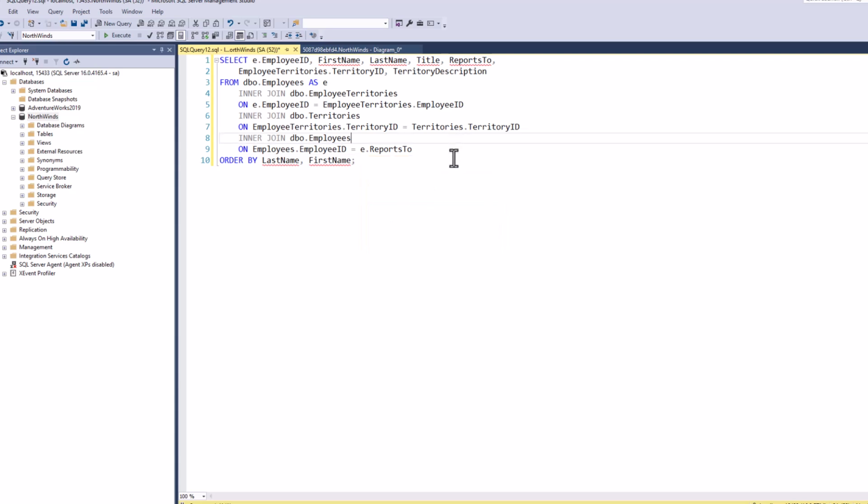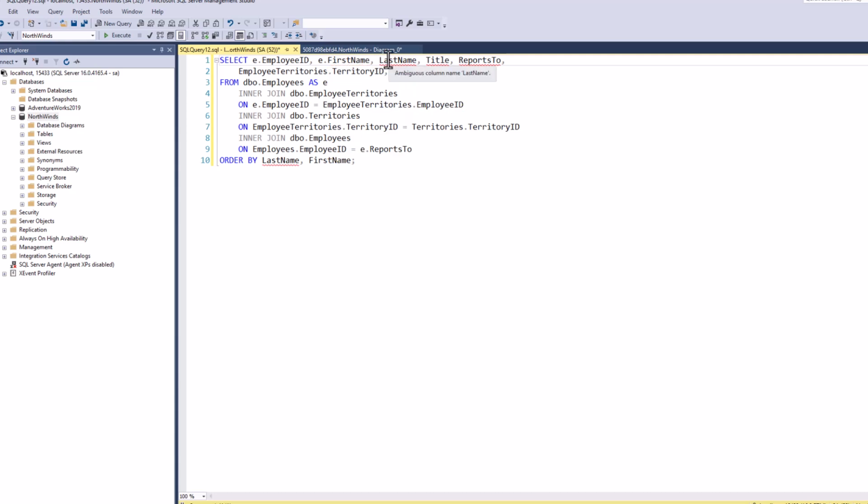Now you'll notice that we also have flagged the first name, last name, title, and reports to fields in our select list and in our order by clause. And this is because we have two tables that have these fields in them, and what fields are we actually going to be retrieving them from? In our case, all of these are going to be on the employee.